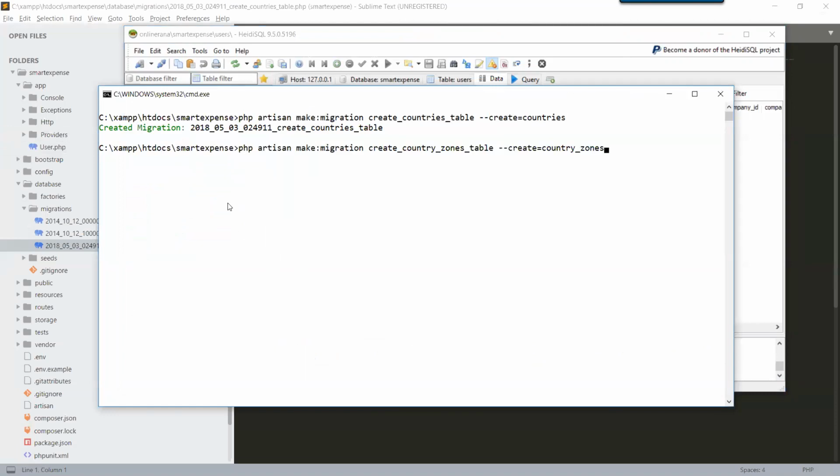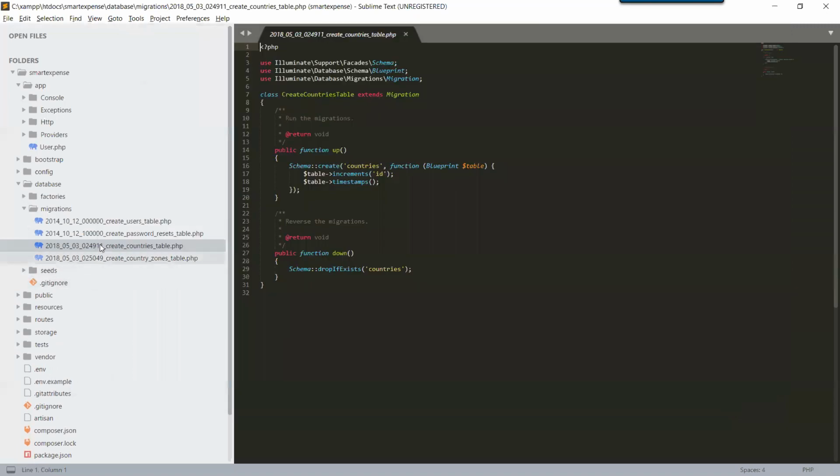So create country zones, and the migration for country zones will be created. You can see the country zone migration is created.